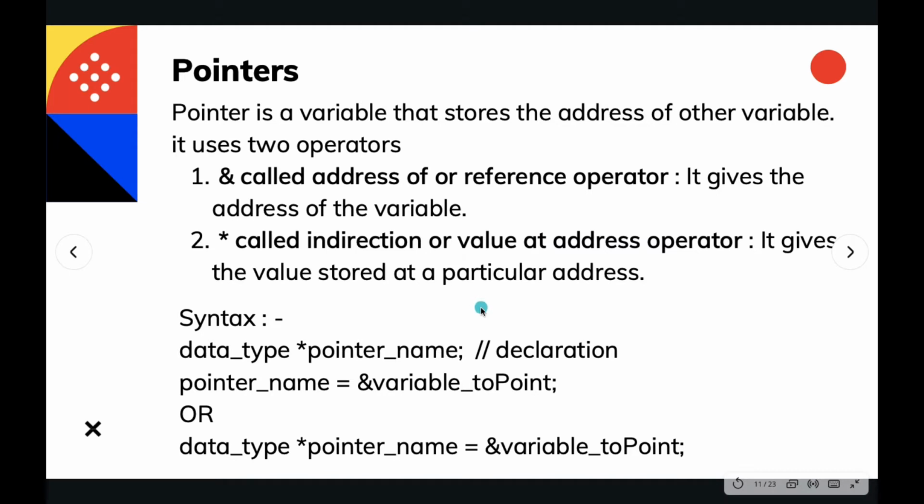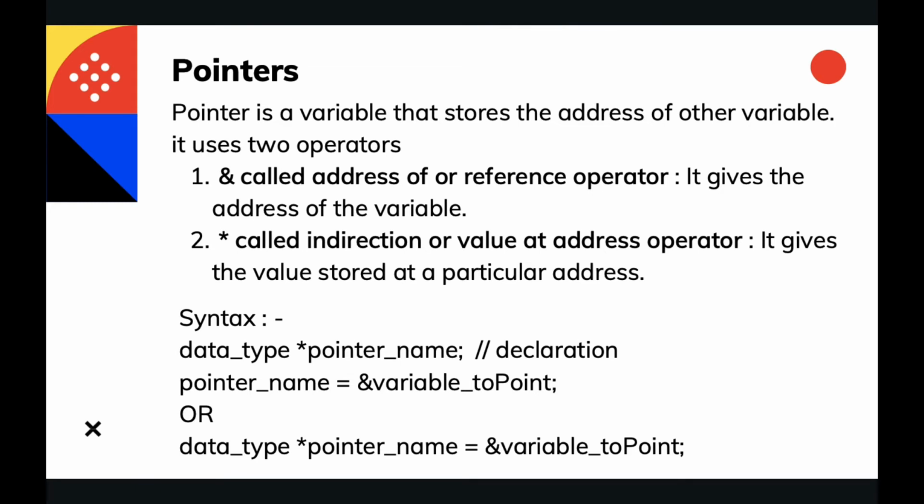So how can we declare a pointer? First of all, we need to specify which kind of variable the pointer is going to point to. When I say the pointer is going to point to, I mean the pointer is going to store the address of which kind of variable.